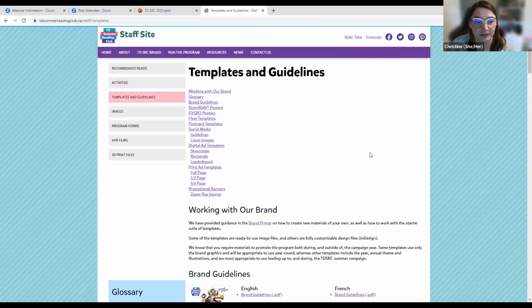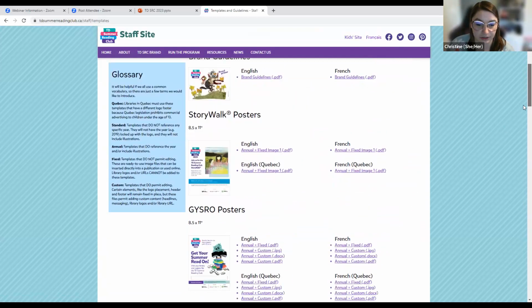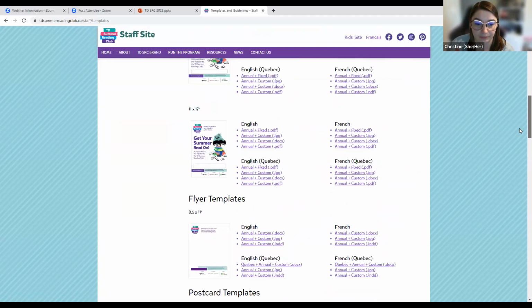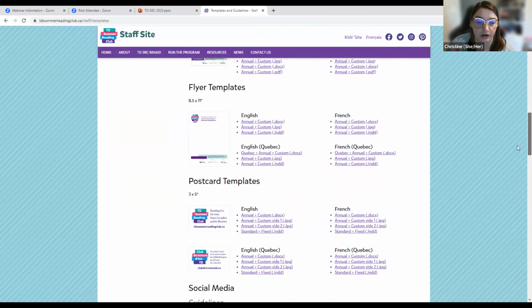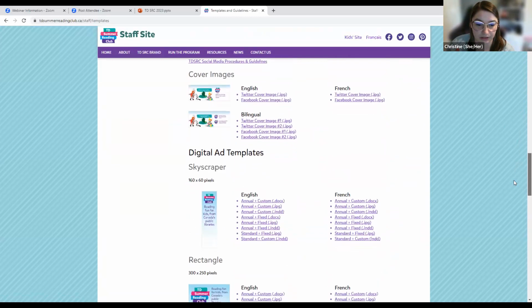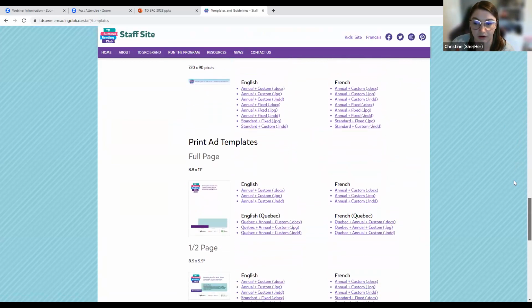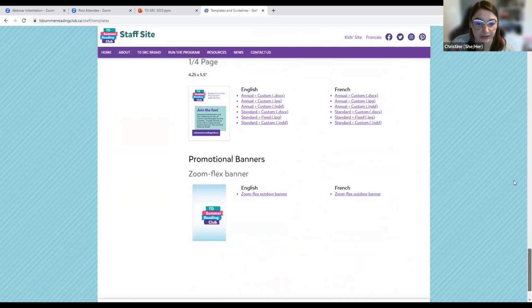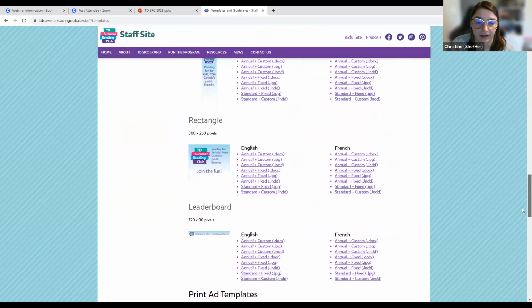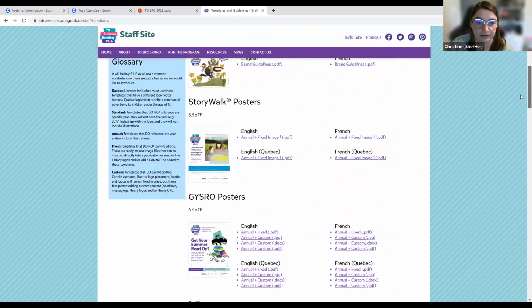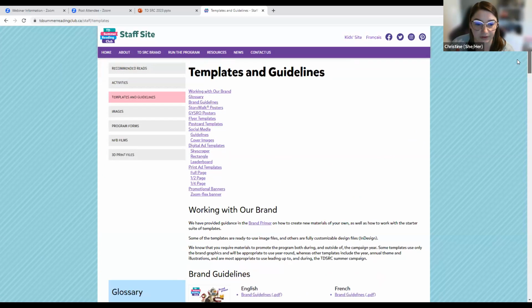Next is templates and guidelines. So this is just a part of their branding that they have available for you to use. Here they have different documents that you can use to promote and share with your community. And that's all here, and it all has all of their branding built right in. And they have it in different languages as well, so that is easily accessible here. And then the next one I will point out